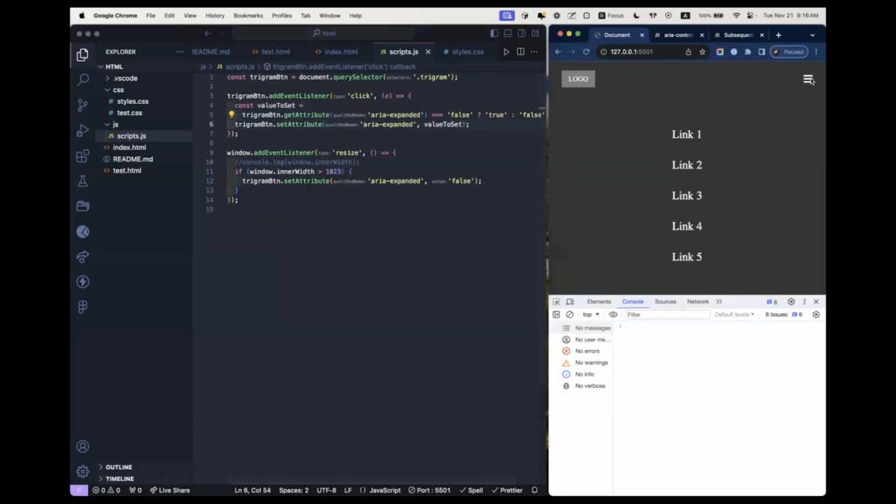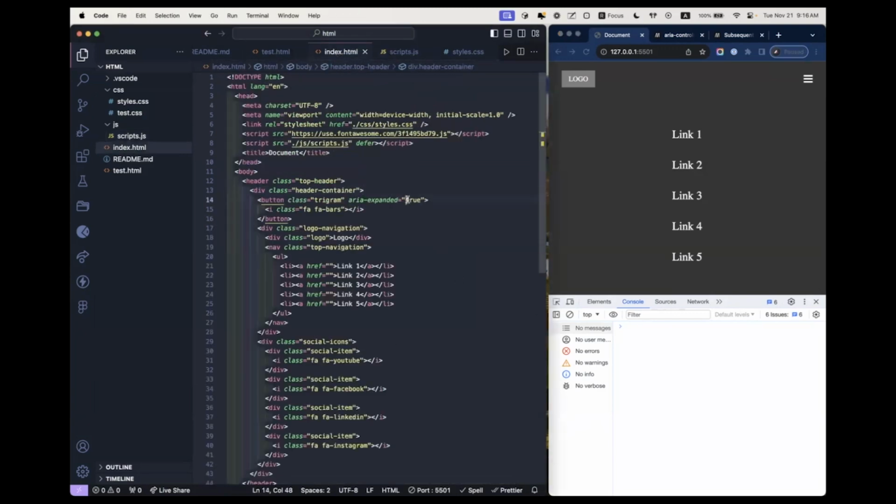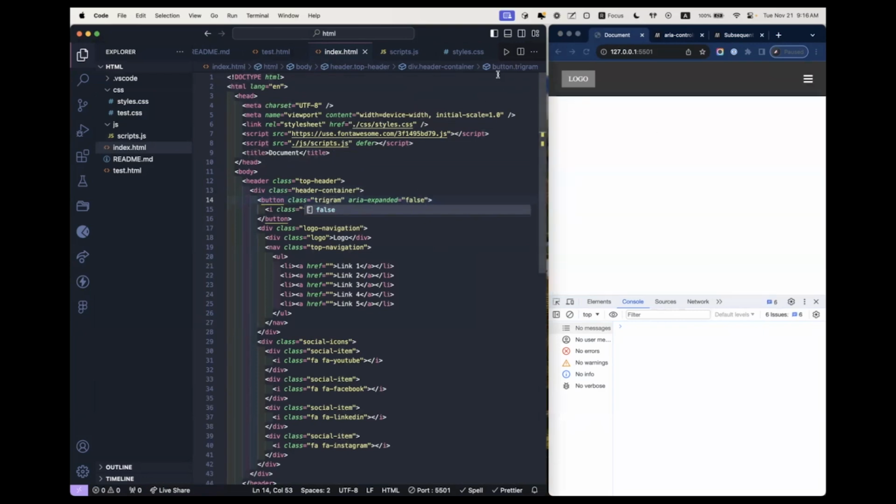Yep, so it still should work. Does it? It does work. Oh, and by default, I need to change the value of aria-expanded for the button to be false. And JavaScript is pretty